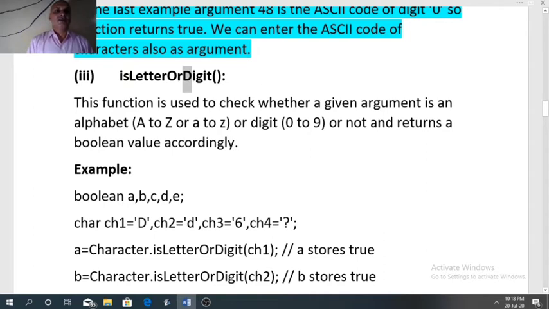So the first character of each word is capital. So if the entered argument is either a letter or a digit, letter means it will cover both uppercase and lowercase, then the function will return true, otherwise it will return false.